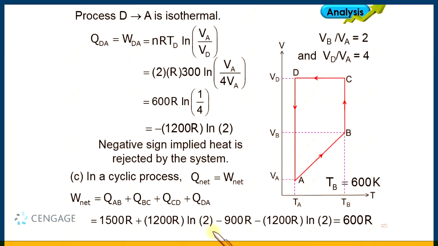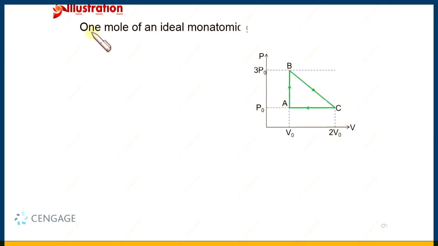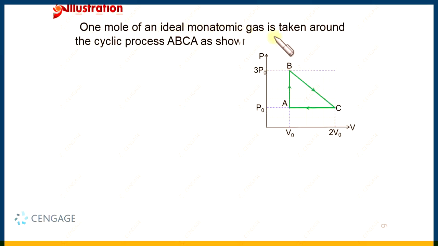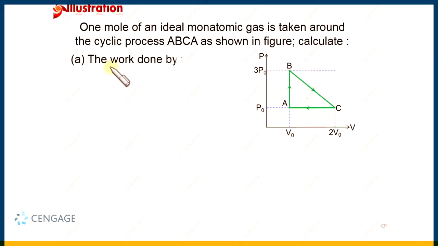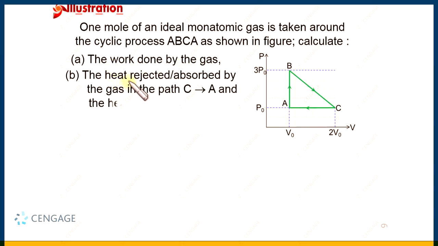Now let us move to the next illustration. In the next illustration, 1 mole of an ideal monoatomic gas is taken around the cyclic process A, B, C and A, right? And we need to calculate the work done by the gas. In the second part of the question, we need to calculate the heat rejected or absorbed by the gas in the